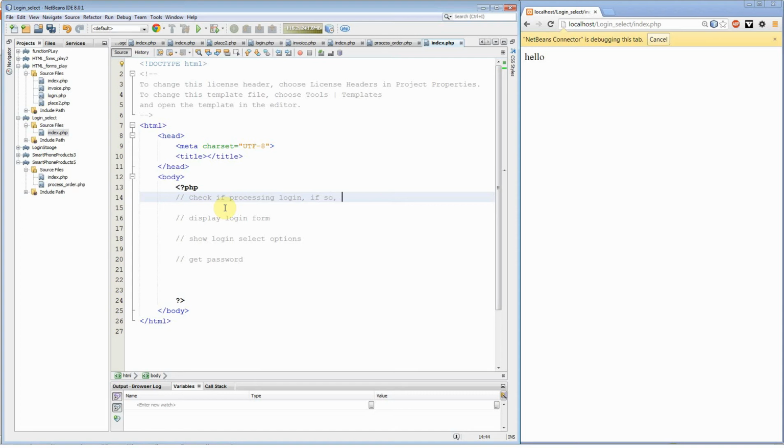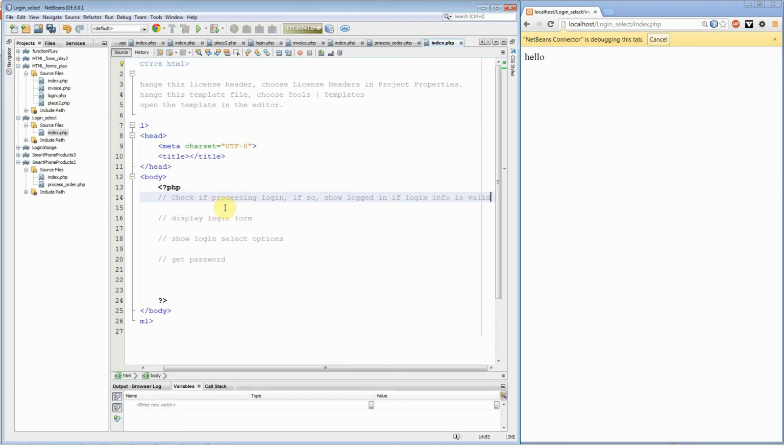If so, show logged in if login info is valid. Okay, so one of the most common questions I get in beginning programming is towards the middle